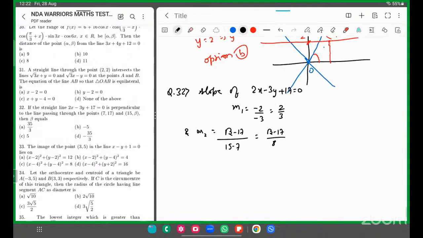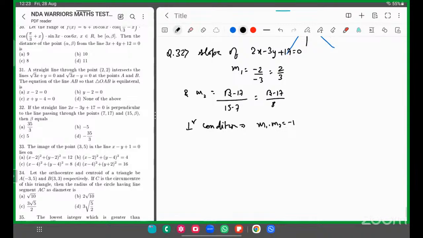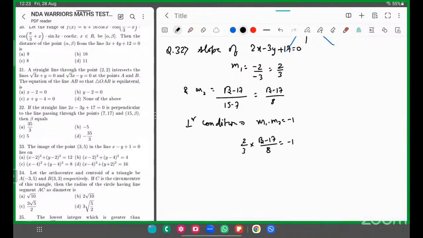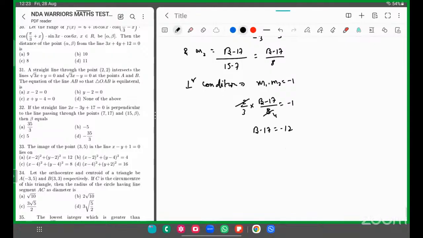Now perpendicular कंडीशन क्या रहता है स्लोप का, बोलो बच्चों, m1 इंटू m2 इक्वल टू माइनस 1, मैं दोनों को अप्लाई कर देता हूँ, 2/3 इंटू बीटा माइनस 17 अपॉन 8 इक्वल टू -1। तो इस 2 से 8 को 4 कर लो, बीटा माइनस 17 इक्वल टू -12 हो गया, तो बीटा इक्वल टू 5, ऑप्शन सी है ना, ऑप्शन सी इज द आंसर।